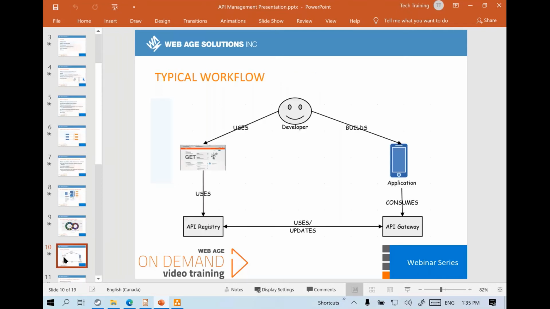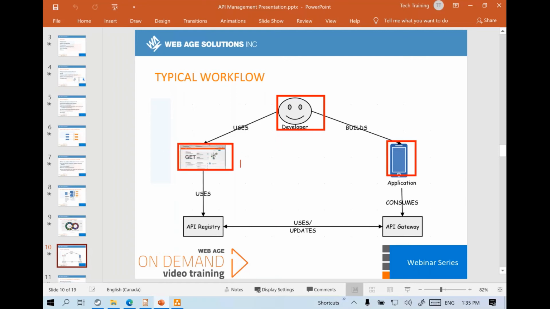And as a case study, I'll show you a demo in just a bit. But before that, let me quickly talk about the overall workflow as well. Typically, the overall workflow will be, as a developer, you want to develop some application, but not from scratch. You need to acquire data from somewhere. So for that, the developer can visit something that is known as the developer portal.